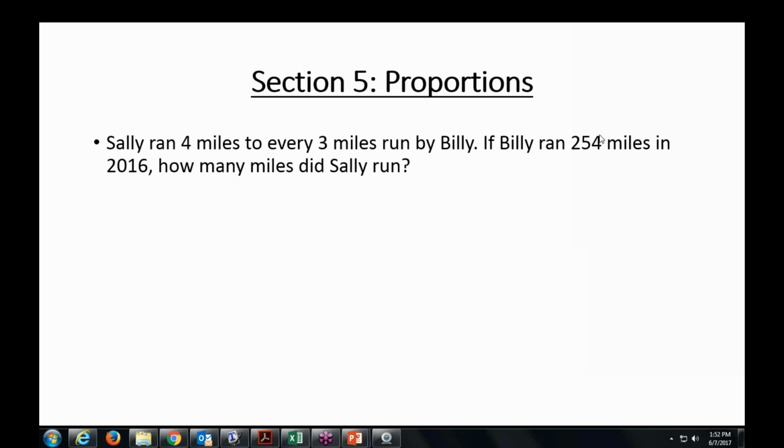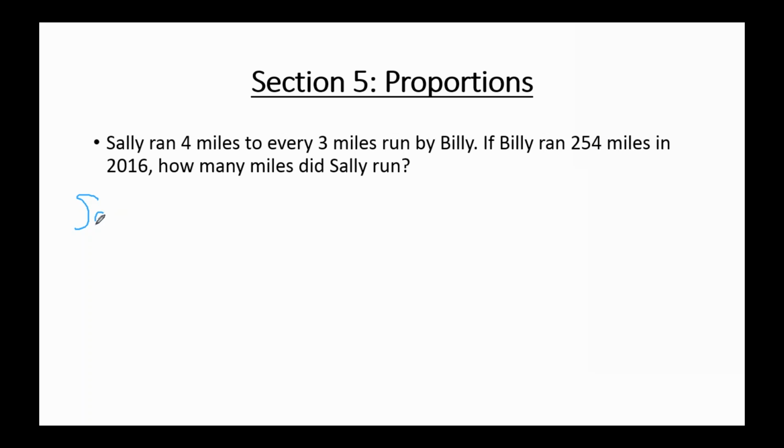So we are talking about two people in this problem. We are talking about our friend Sally and our motivated friend Billy. I shouldn't say unmotivated. He's running more than I am. All right, so I'm going to set it up that every time we talk about Sally, I'm going to put her in the numerator. And every time I talk about Billy, I'm going to put him in the denominator, right? And it doesn't matter as long as your numbers follow your people.